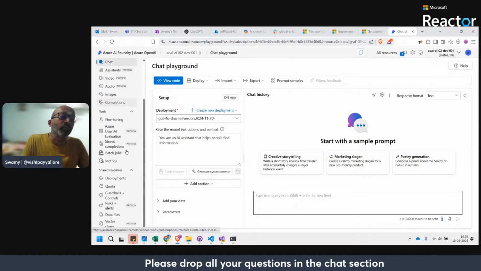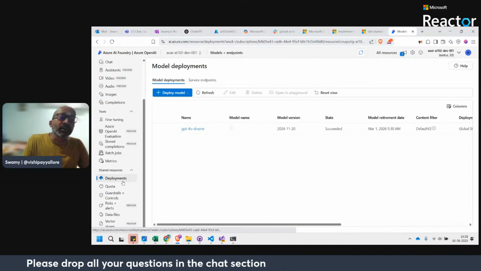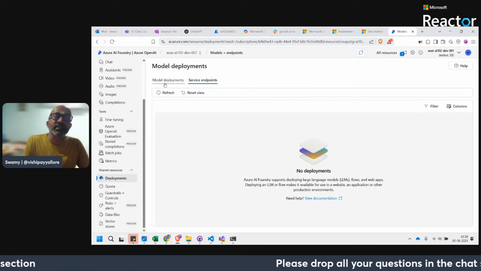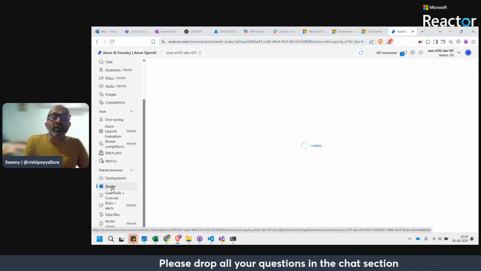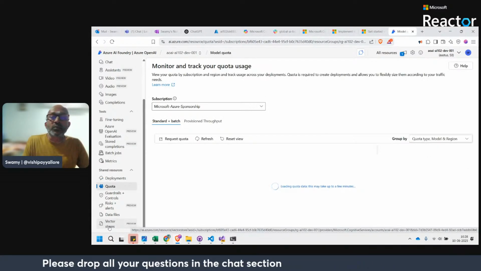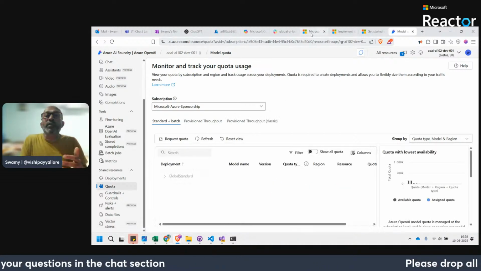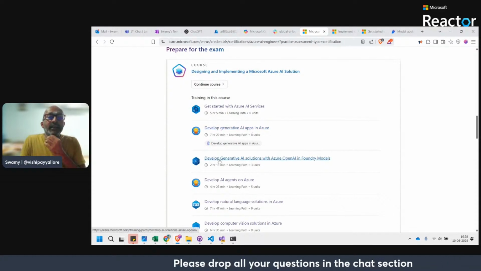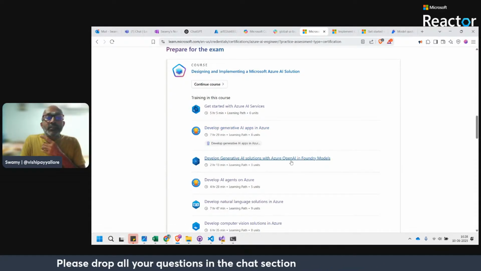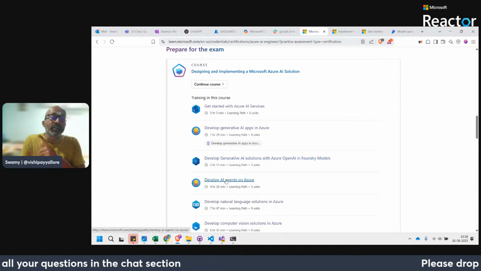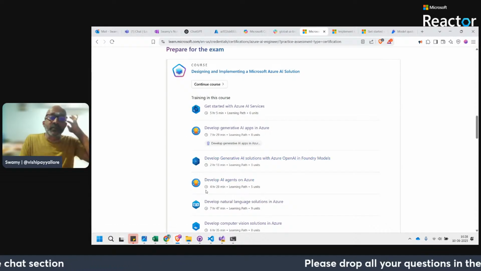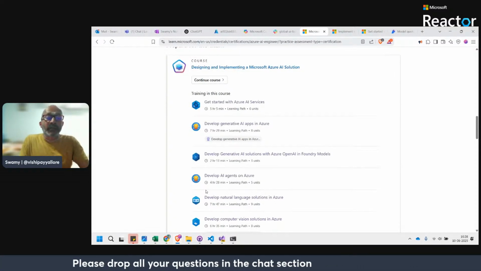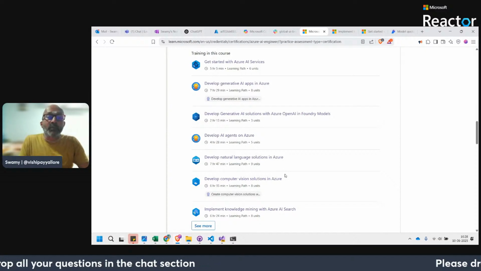We have quite a few playgrounds, and we can see the deployed resources here, and service endpoints I didn't explore, but again we need to look at the quota, vector stores and other things slowly as and when, because we have a lot of content to discuss. Like if you see, develop generative AI solutions with Azure OpenAI and Foundry models and agents. These three things will be heavy, and we will be playing on that, or hub or different things. I think these two things we have completed to a decent extent.